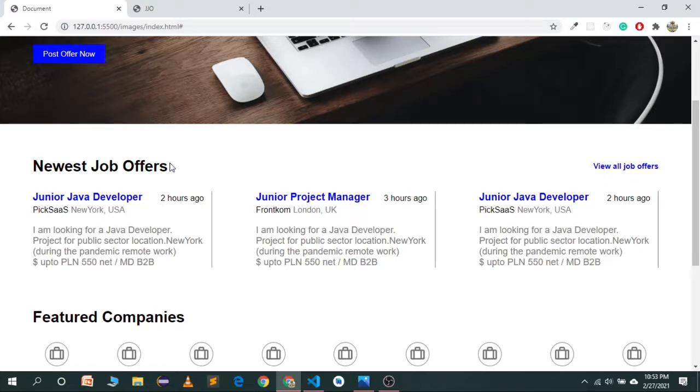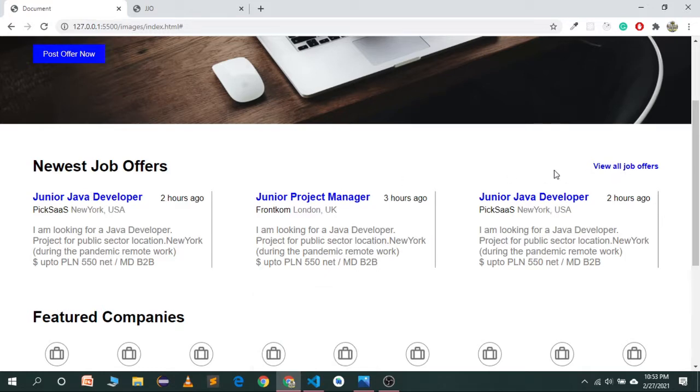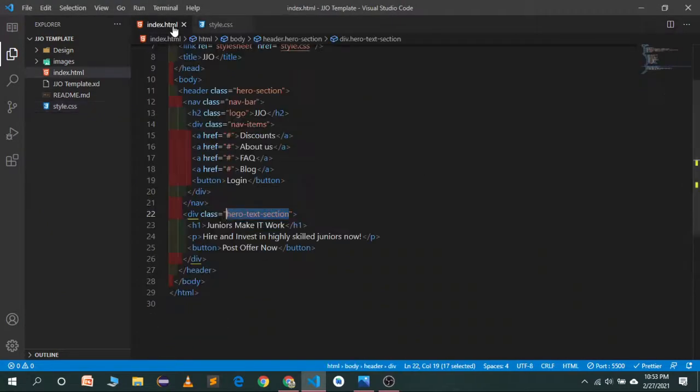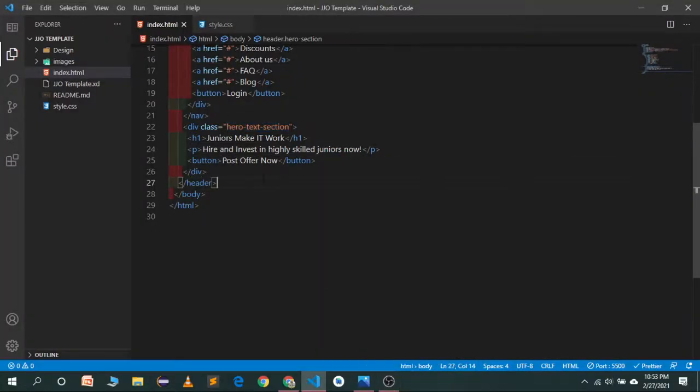So we will create a container for job offers. In this container we just have a heading and this tag. So let's go to our code editor, go to the index.html file, and under the header we will create a new section.